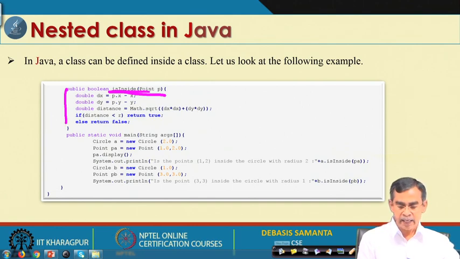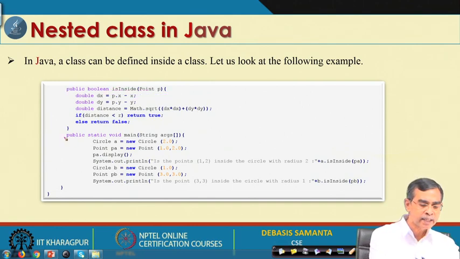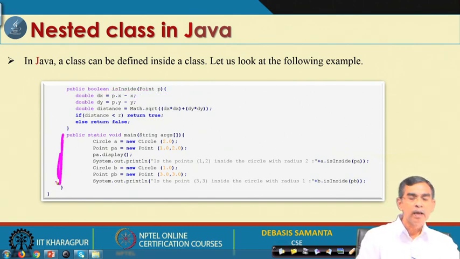So, this is the inside method, and let us see the main method. The main method creates two objects. A is the object of class circle, PA is the point, and then PA dot display calls the display method, which is defined in the class itself.